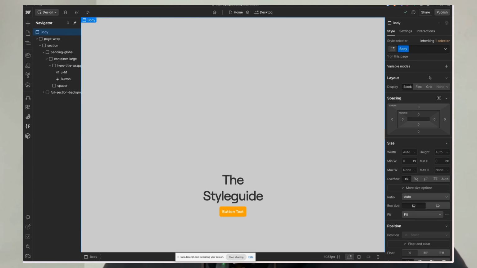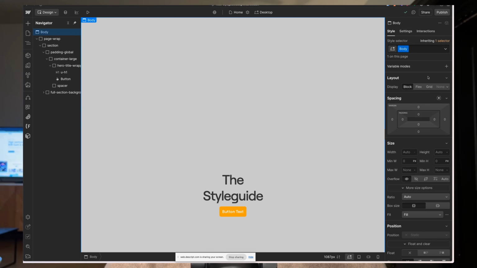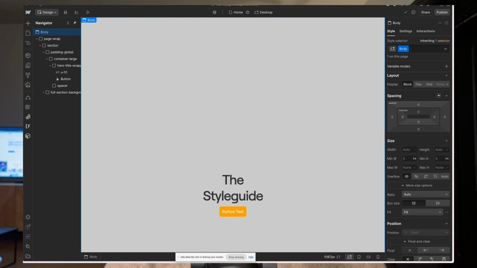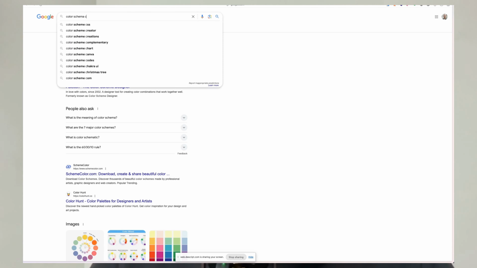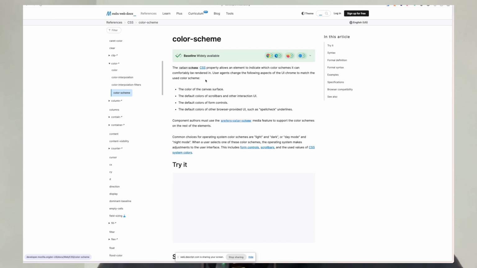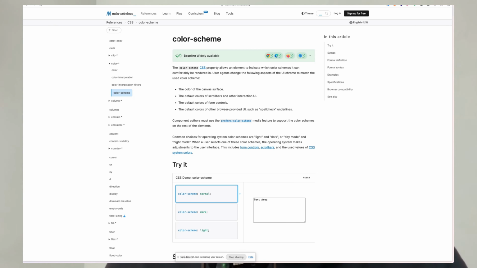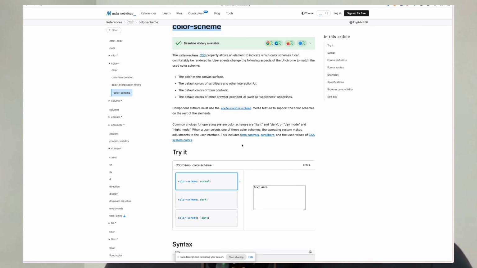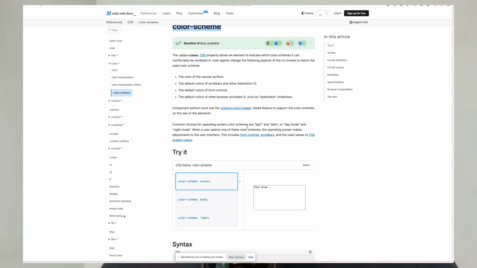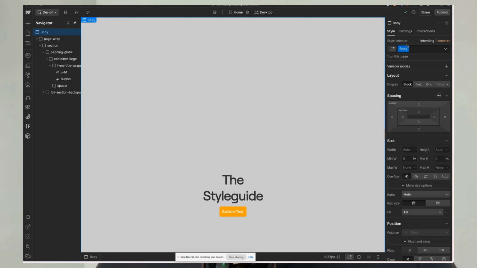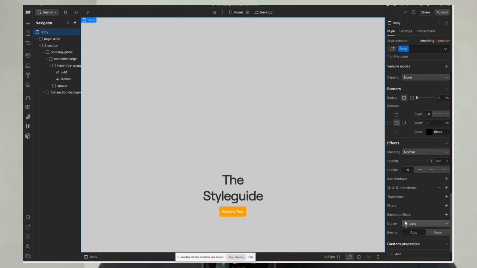Now, apart from variables, setting light and dark mode is good with CSS, because CSS has a color scheme. If I can share this color scheme, CSS. Sorry, I'm doing a search live here, but yeah. So color scheme is a great CSS property that, again, with having the design set up, with having, let's say, a light and dark mode with color scheme, it's very good to set it up on the project,